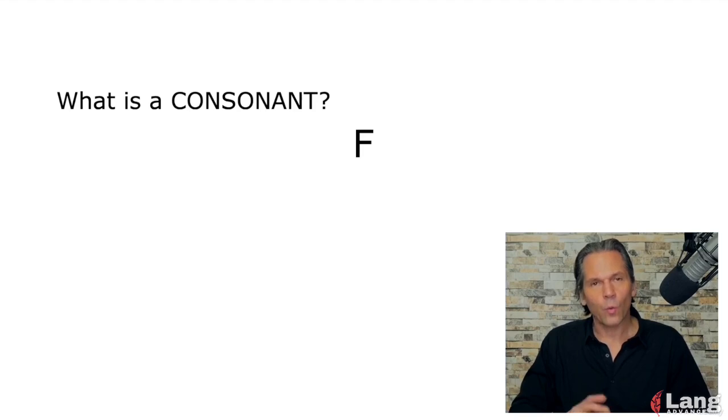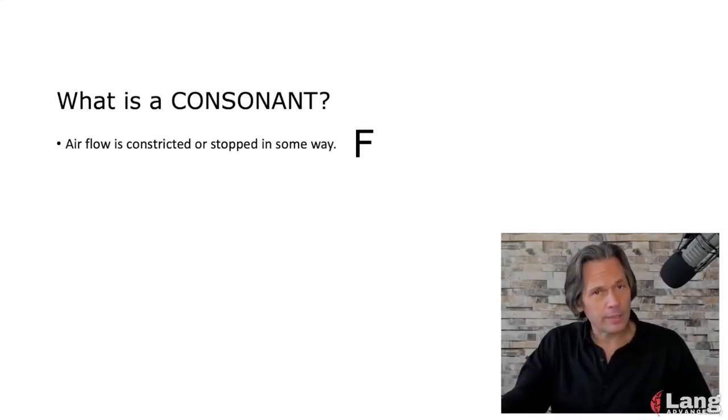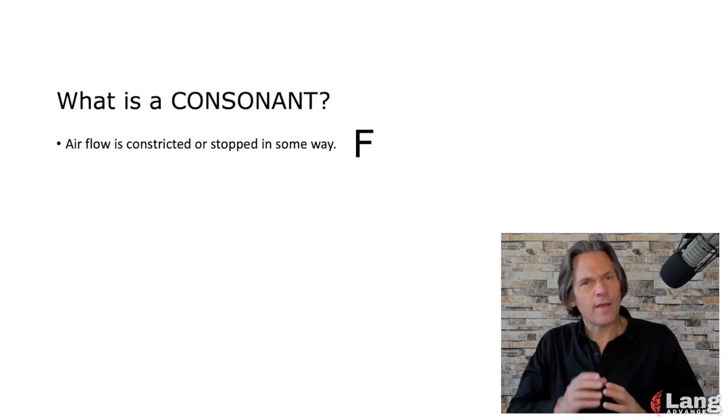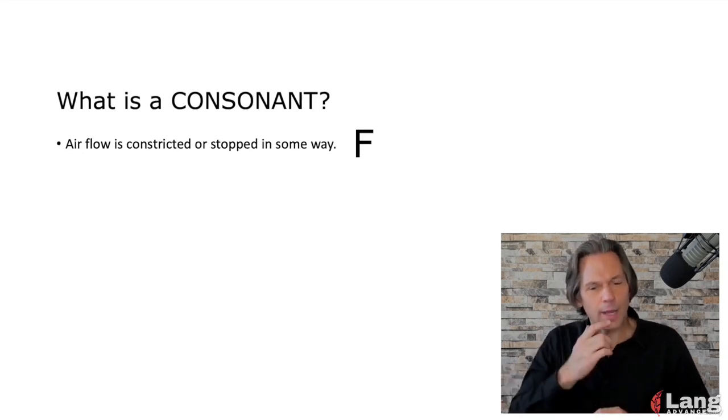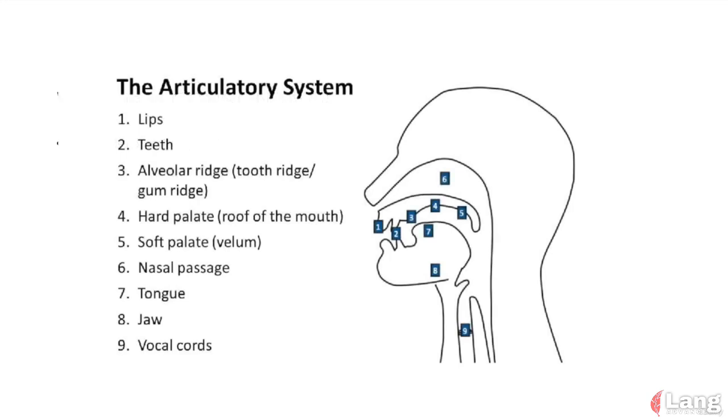So, what is a consonant? Anything that you noticed about all of these sounds that they had in common? What about in comparison to vowels? Well, the first thing you may have noticed is that unlike vowels, with consonants, the airflow is obstructed or restricted in some way. In the case of the sound f, it is my upper teeth and lower lip that are restricting the flow of air. Different parts of the mouth, called the articulators, slow down the airflow and create the consonant sounds.